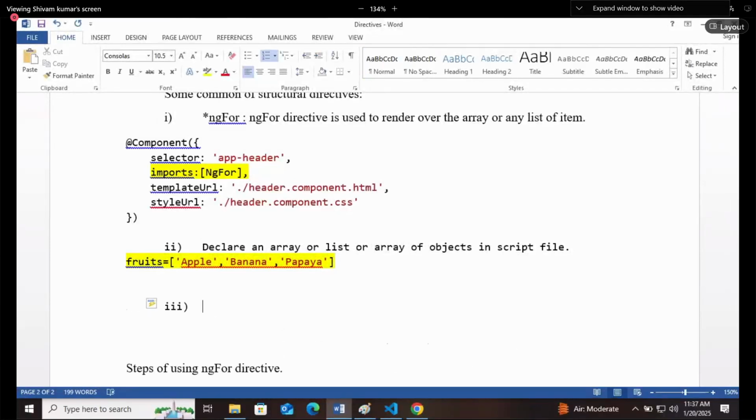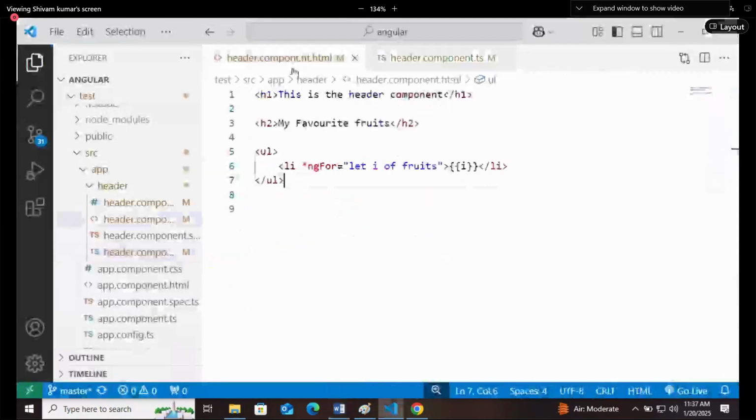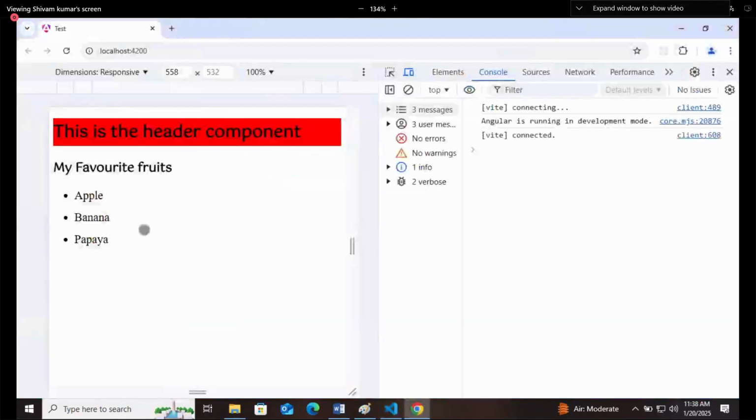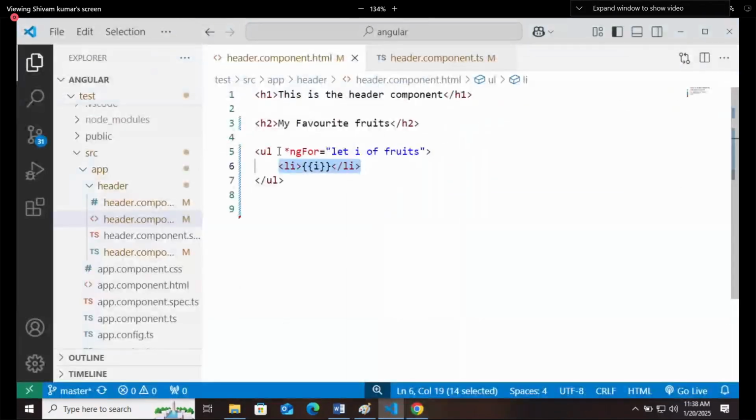In the last one, render the array in the HTML file using the directive. And this is the technique of writing it: wherever you want to render it. If you are not writing this for loop inside this list item, you can write it here in the unordered list, and then again, same thing in the list item. Your result will be the same. There will be no change in the result, but listen,